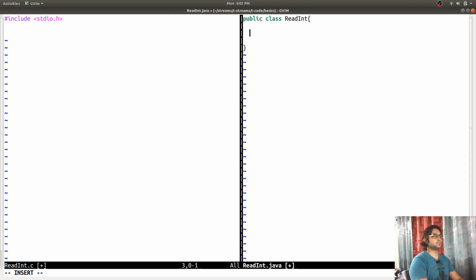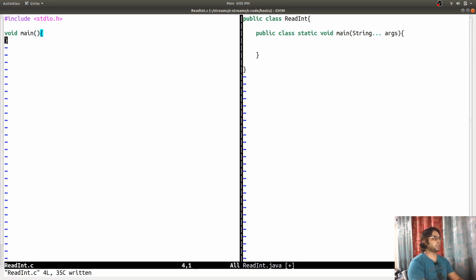And we'll have to create a main function to provide the entry point of the Java application. Same way, I have to create a main function in C to provide an entry point for a C application.